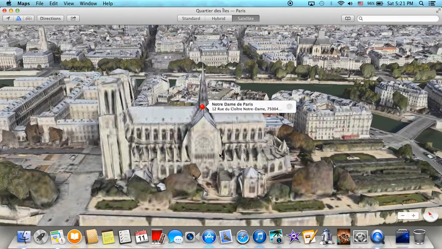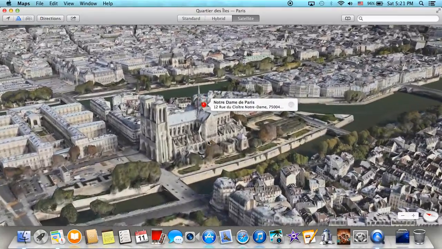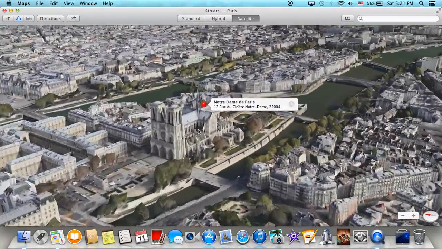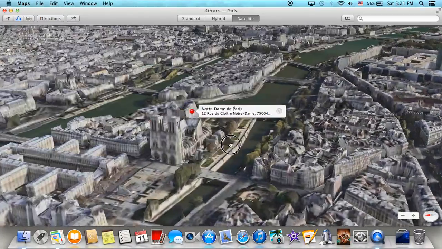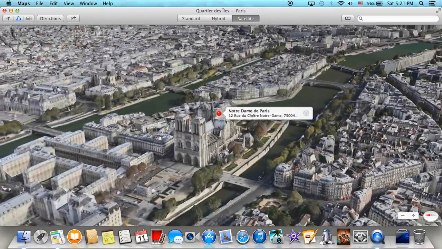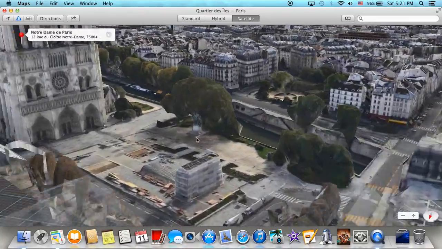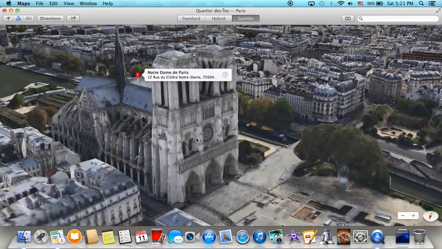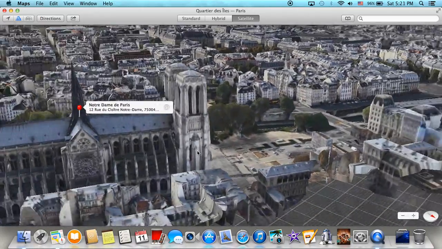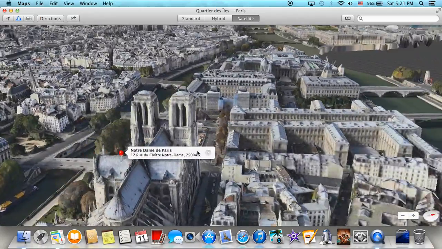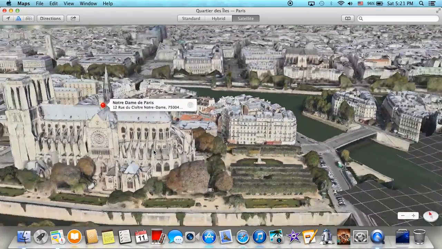If you have an iPad or iPhone, you probably have done this before, just gone browsing around to see some beautiful satellite imagery. But it's even better on a Mac because it's a big screen, and you can really appreciate the images a lot more on this huge screen. I can zoom in here, I can look around, and it is a really nice way to get a bird's eye view of just about anywhere in the world. And of course, you can get directions to places, you can find different things, you can do a lot of stuff